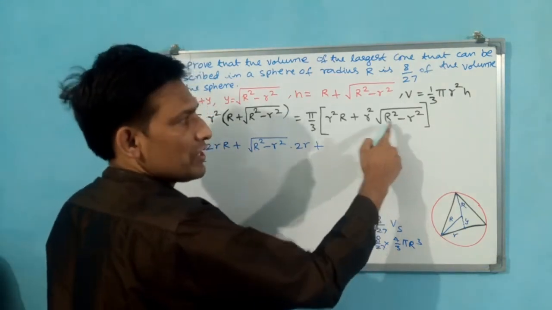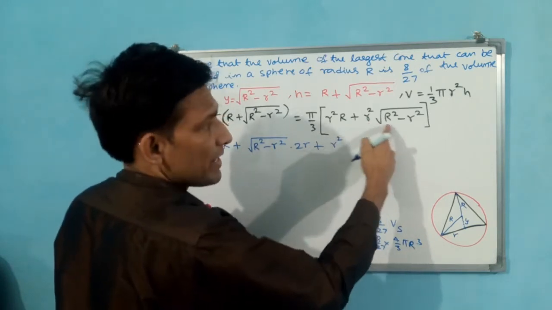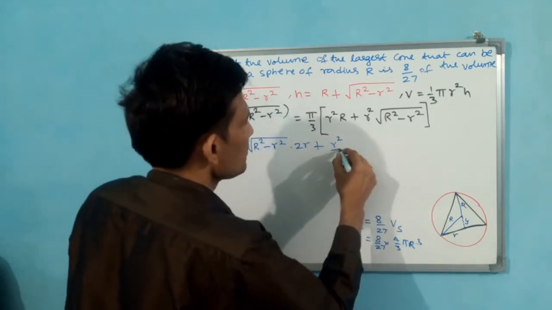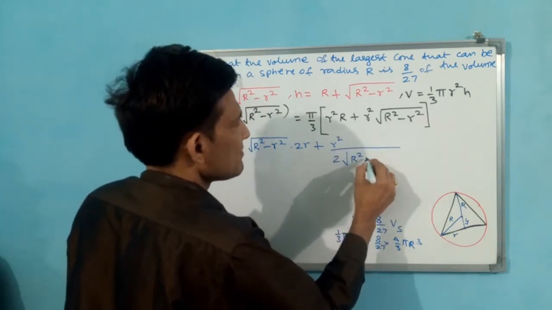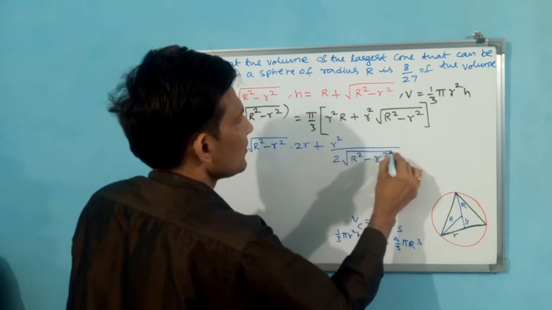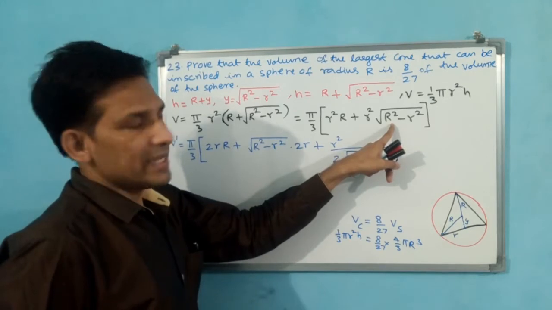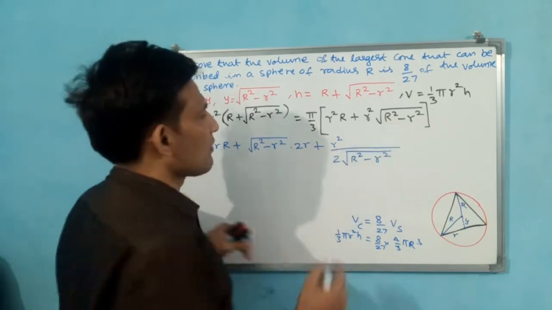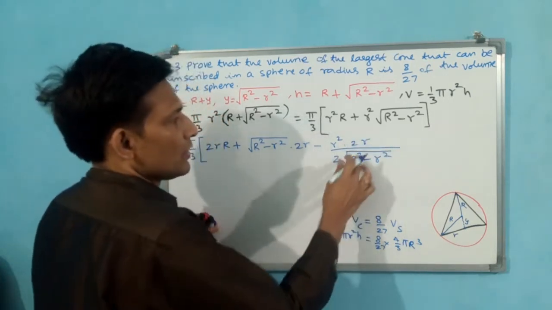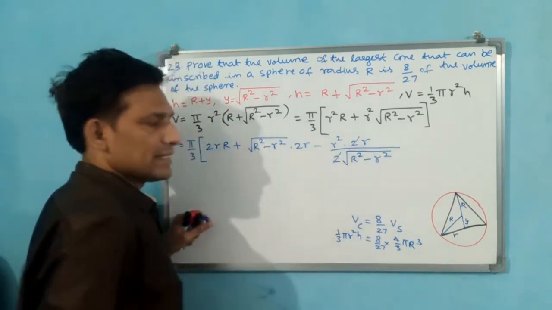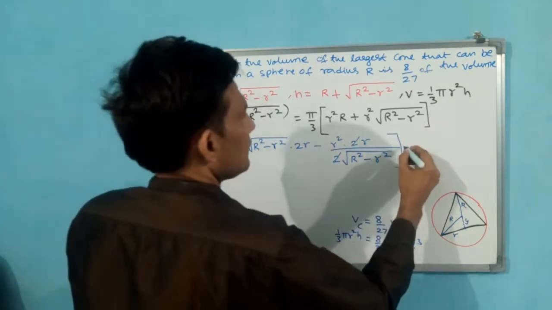Okay, v du by dx plus u dv by dx, that means root x. Root x means, you see, d by dx of root x means 1 by 2 root x, over, no, again d by dx of r square minus x square, that means r square is constant, like minus x square means minus 2x. Minus 2x means, see, I am making here minus into 2x, but this 2 are going to get cancelled. Okay.